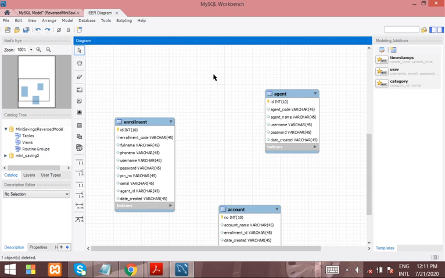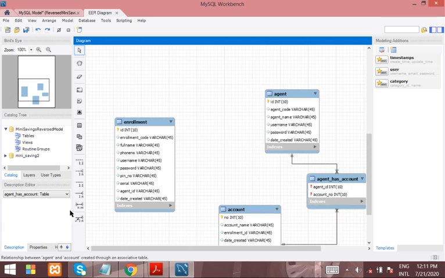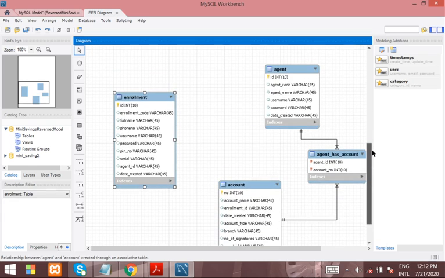So now we have to create a fresh relationship. Click on the many-to-many, agent and account. Many-to-many, agent and account and enrollment. You see, one good thing with this is that it has redo and undo. But Gemeris does not.